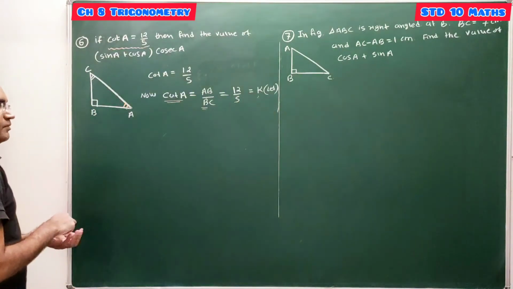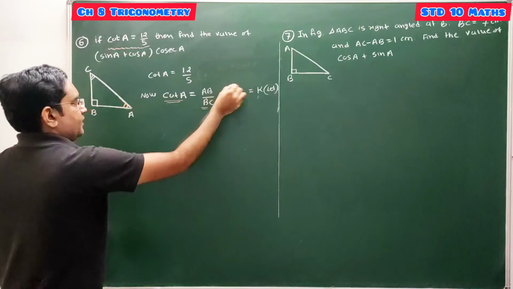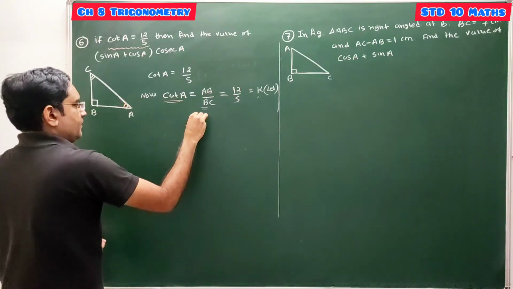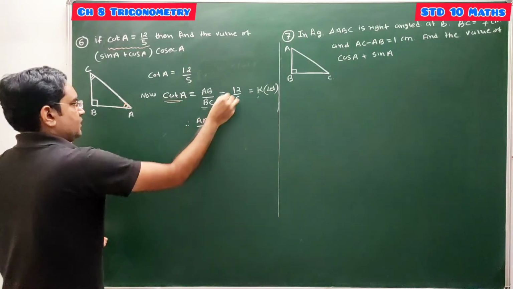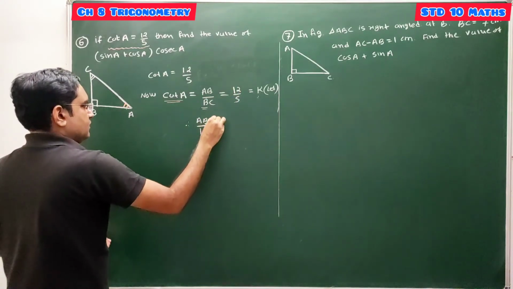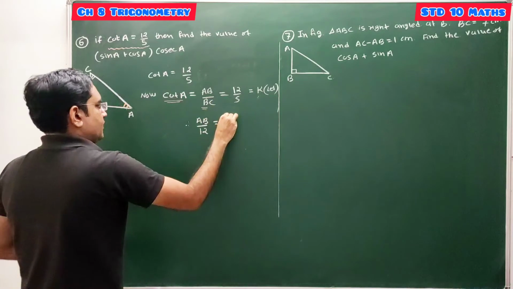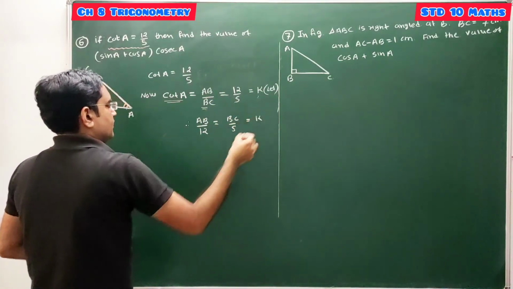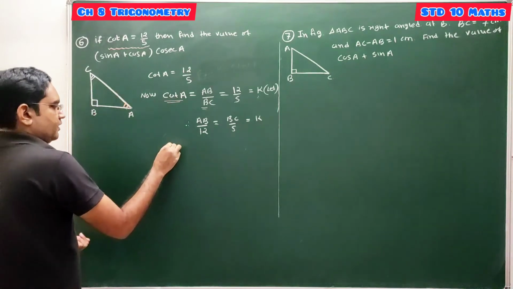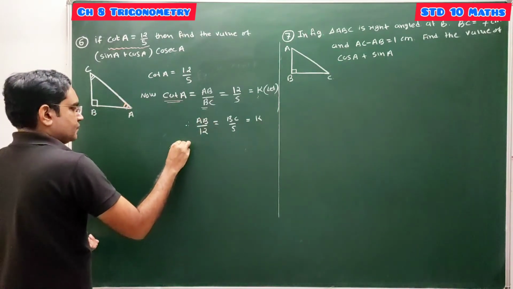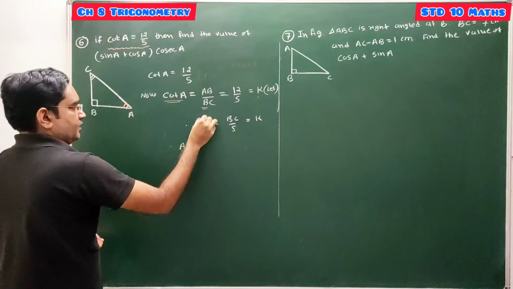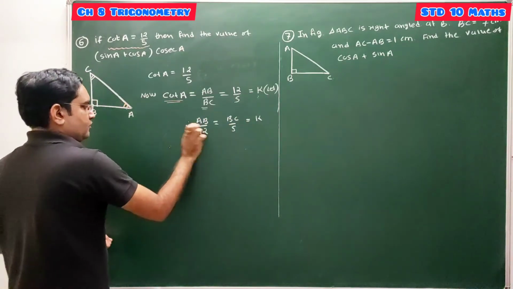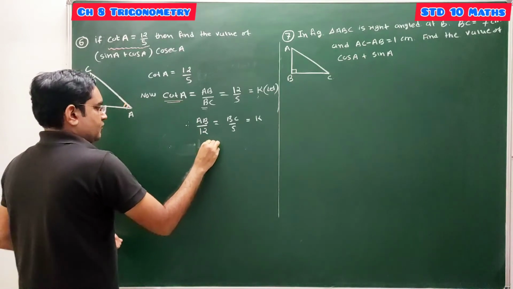Now next step, we have to interchange the position of this numerator and denominator. Therefore it will be equal to AB 12 denominator में आएगा equal to BC goes into numerator upon 5 equal to K, and from this we will get the value of two sides in terms of K. AB equal to है ना, और we can compare these two ratios है ना, एक और स्टेप लिखते हैं.